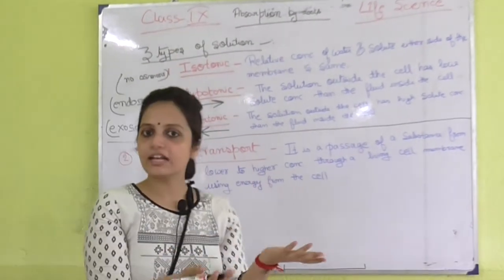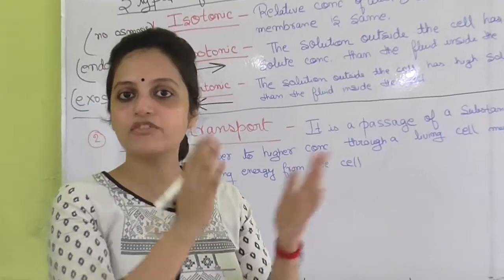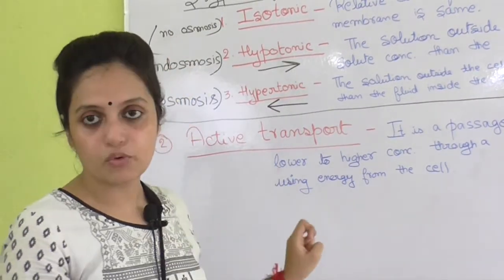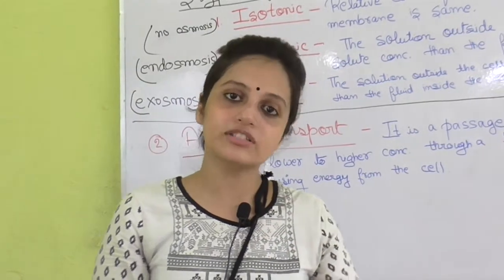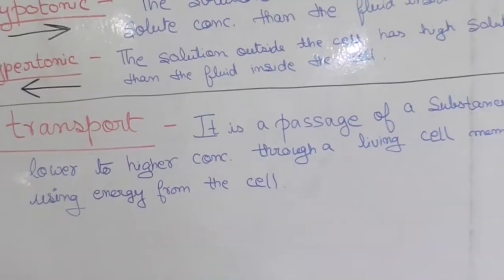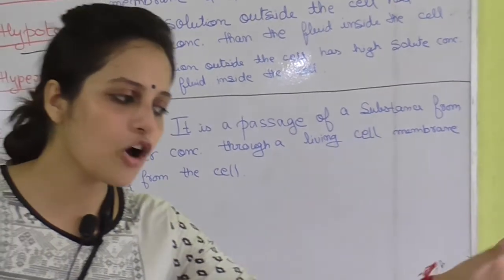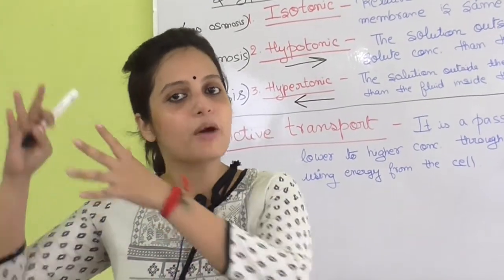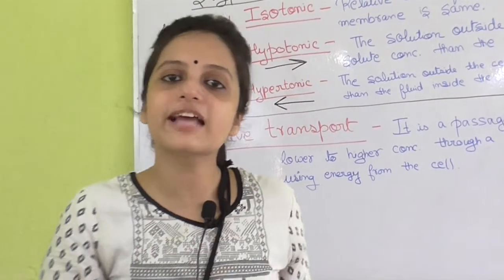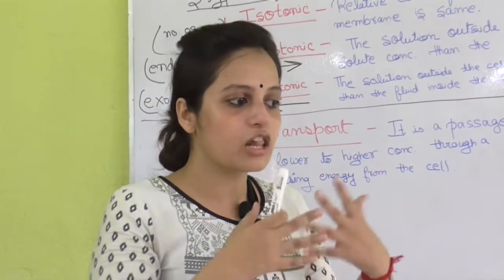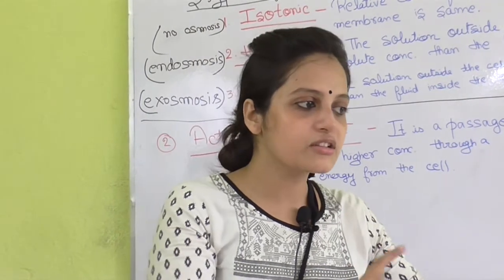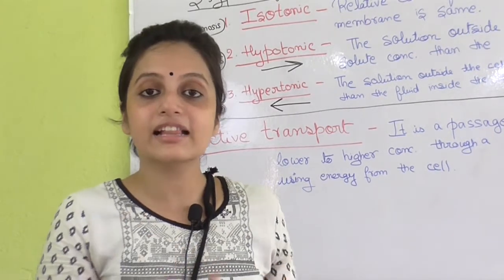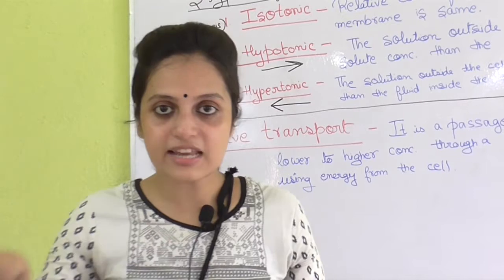Next, we have covered passive transport of the water movement in xylem. The next one is active transport. As I have told earlier, here the solvent will come from its lower concentration and then go to its higher concentration. Normally it goes from higher to lower concentration, but here the opposite happens, for which energy is needed. The cell is giving energy to do this type of transport.